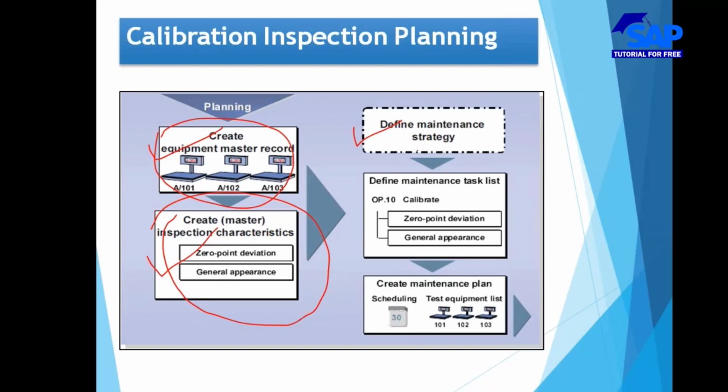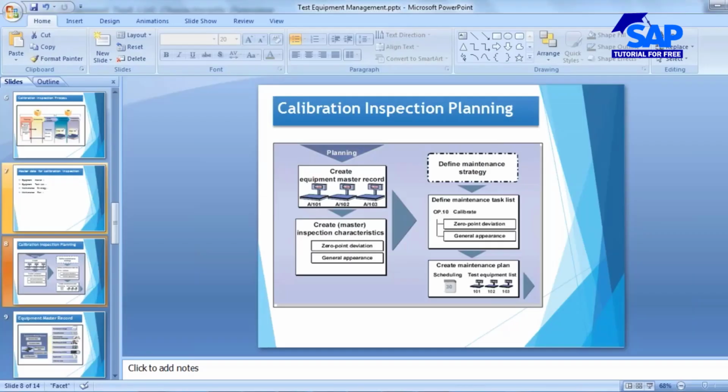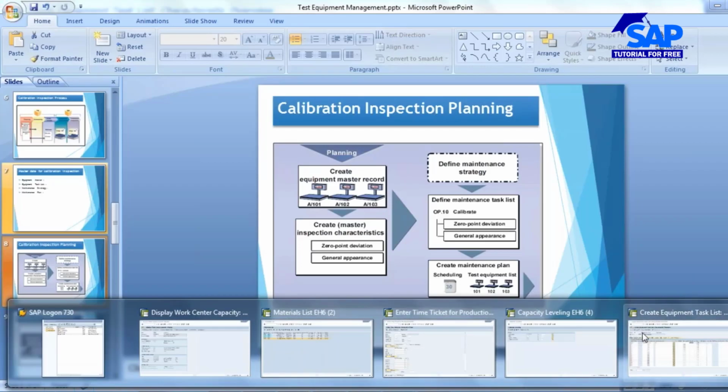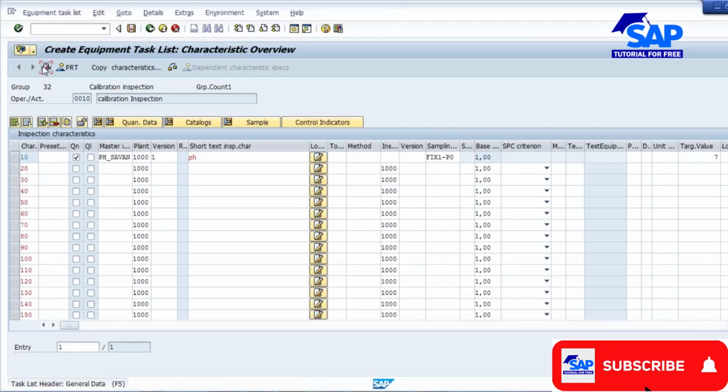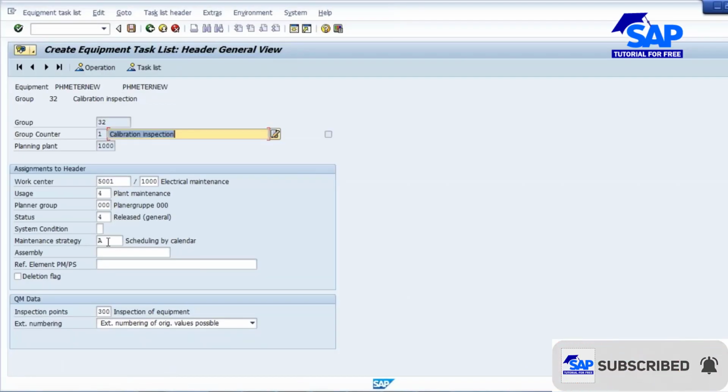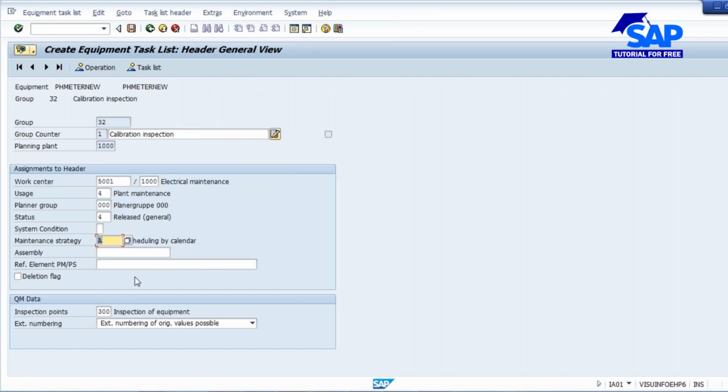This maintenance strategy tells you how frequently you want to do the calibration inspection, what your period of inspection is. That will be defined in the maintenance strategy. When we go to the header, here I assigned a maintenance strategy called A, scheduling strategy A. So what is this maintenance strategy, we'll understand.